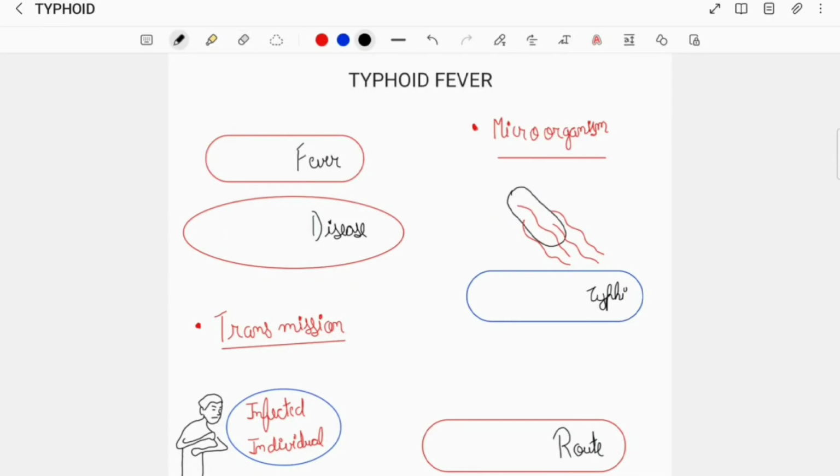Hey everyone, today I'll be talking about typhoid fever. Typhoid fever is also known as enteric fever and it is an infectious disease which is caused by a microorganism